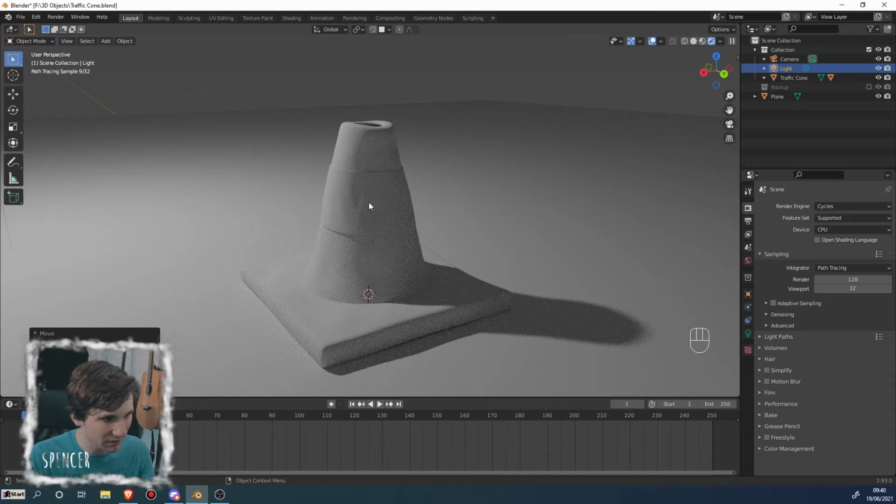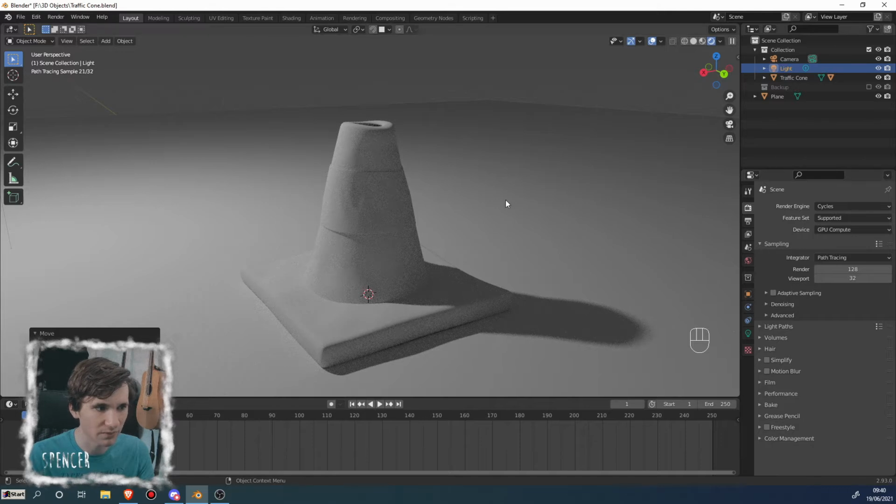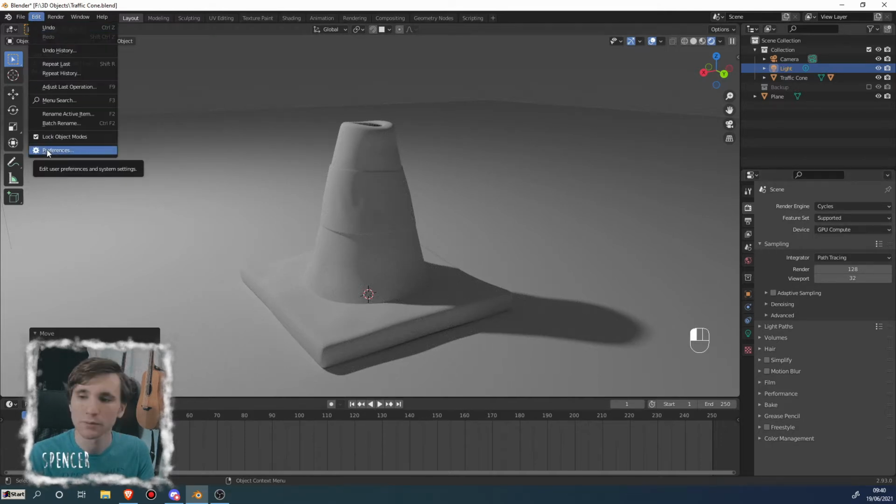We get far better lighting over here, where the light is bouncing off of the ground and hitting the back of the cone. And first thing I'm going to do, by the way, is switch it to GPU compute over here in device. By the way, the tab up here is where you change the settings. It's just called render properties. So I'm going to go up here to device and set it to GPU compute because my GPU is good. The way to enable that option is to go up here to edit